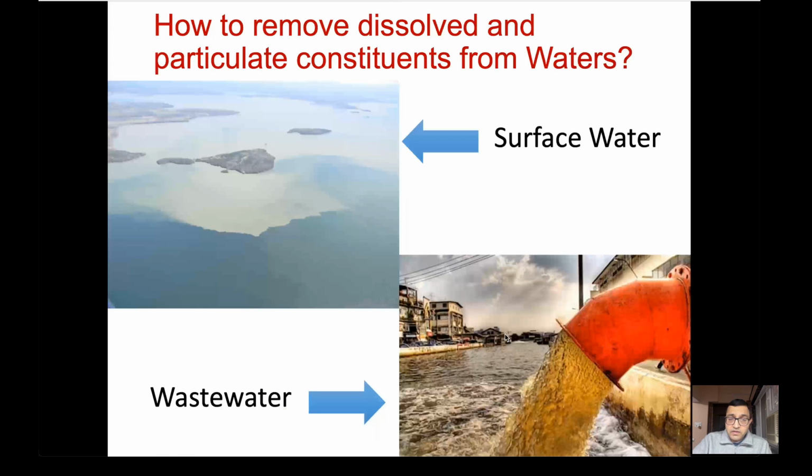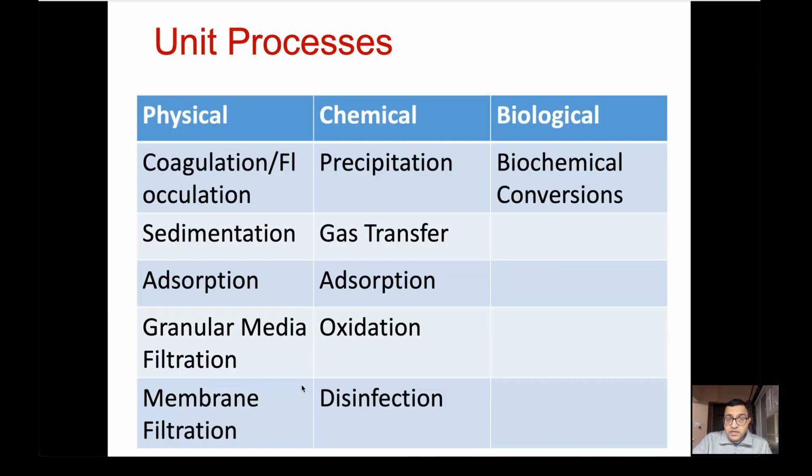So with all this water, our goal is how to remove the dissolved and particulate constituents from the waters to make it clean water. So we remove those constituents from surface water to make it usable and drinkable. And then once we've used the water, that becomes wastewater. And then again, we have to remove those contaminants before it can be discharged to be used again further downstream. And then there are several unit processes that we are going to be discussing during this course. Different physical, chemical, biological unit processes,